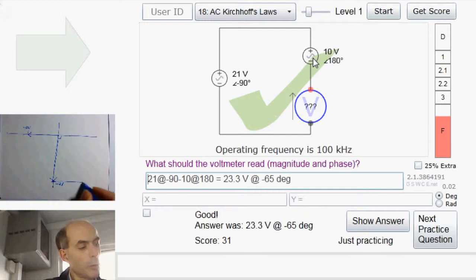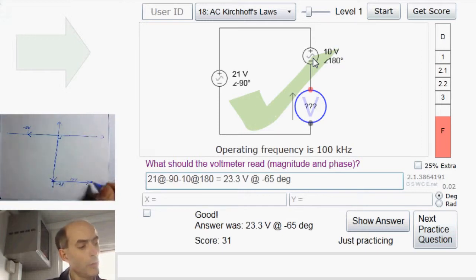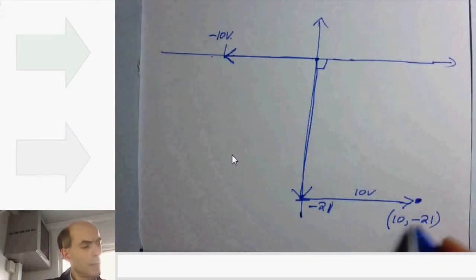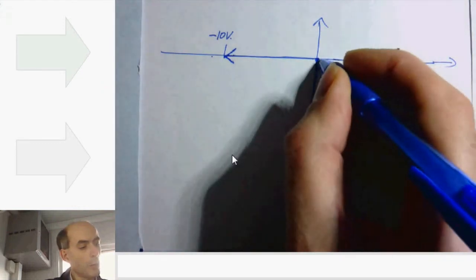So we would go in that direction, a distance of 10 volts to that point there. And in Cartesian coordinates, that point there would be 10 minus 21j. But in terms of polar coordinates,